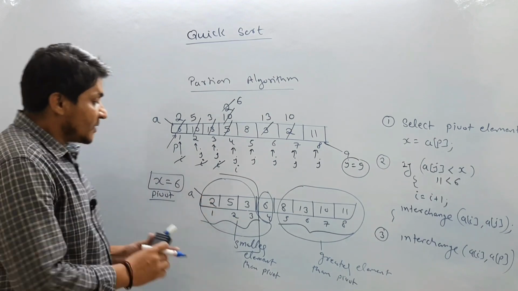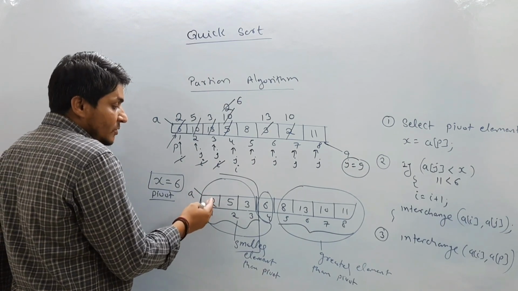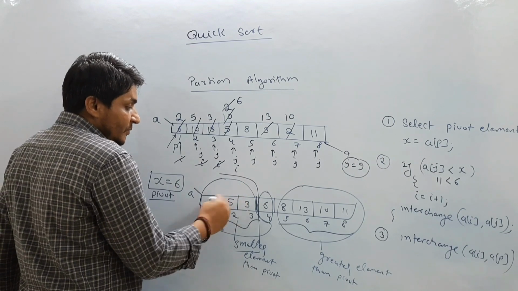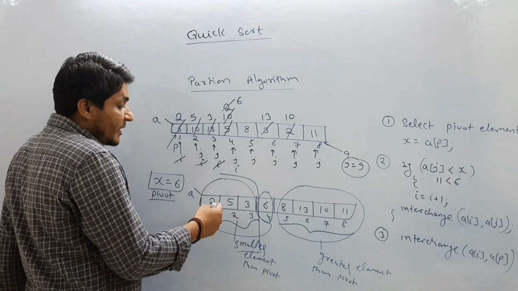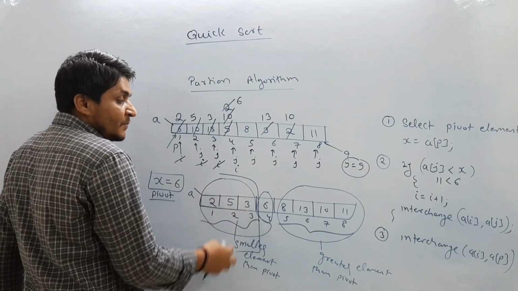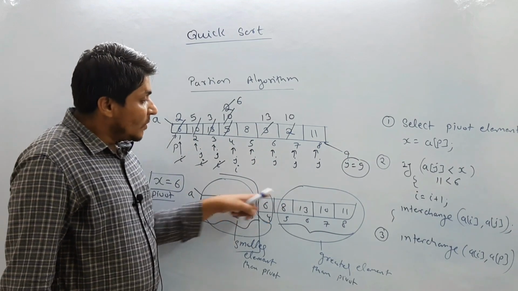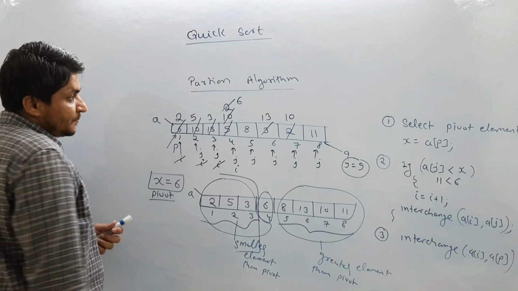So how many elements will be on the left hand side? There are no elements on the left hand side because 2 is in the correct position. Now there are 2 elements which are greater than the pivot element, 5 and 3. So 5 and 3 will be unsorted. Again you are going to apply partition on this part. Similarly you can keep on applying the partition. How many times do you have to apply the partition algorithm? N times.